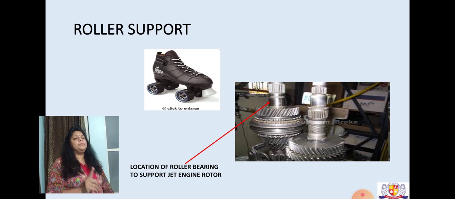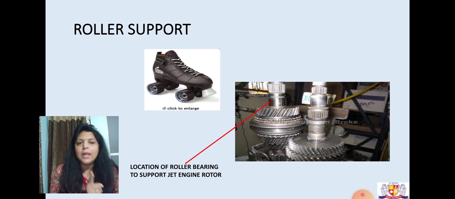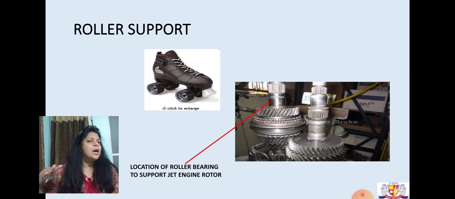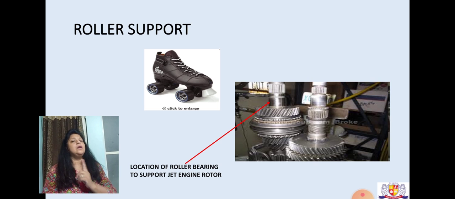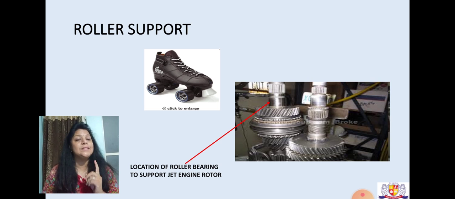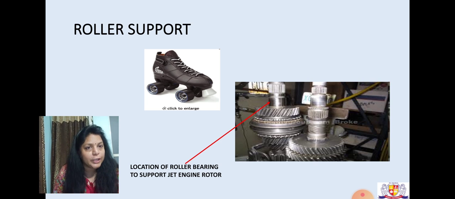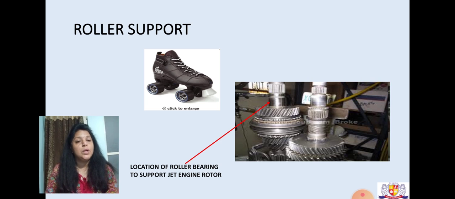So whenever there is a roller support, you will have only one vertical reaction because there is easy horizontal motion, and similarly easy 360 degree rotation with the skates. A second simple example of the roller support is a trolley bag or a revolving chair. And in this diagram I have shown you the bearings, rollers.